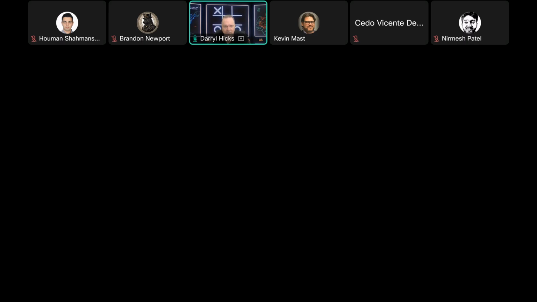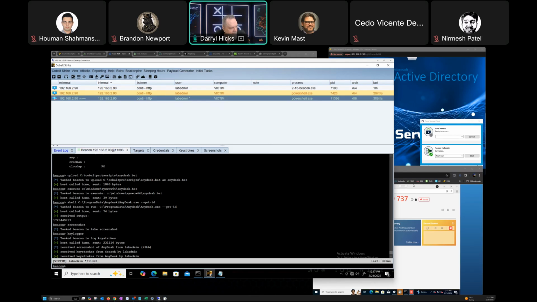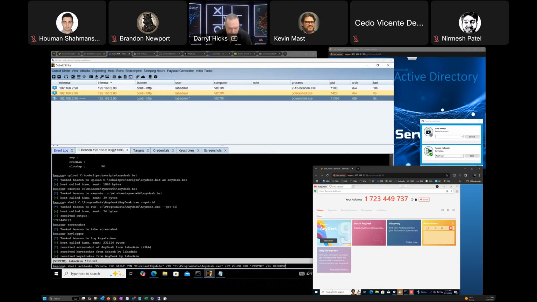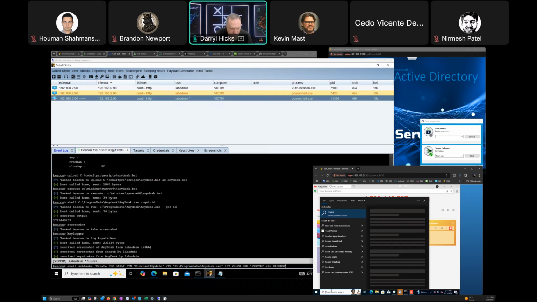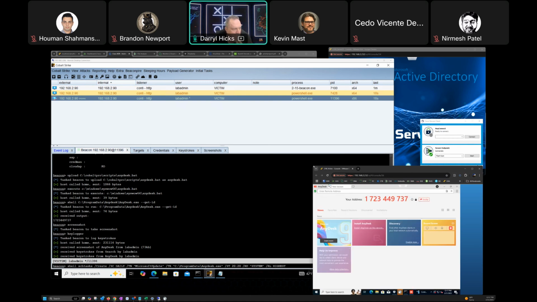I did mention if this didn't run, and if I wanted to make this more persistent, I'll go back to my Beacon, and I could actually deliver that to happen all over again with a scheduled task. So run down here and see task scheduler. See what we got running in here. This might be too small for people to read, but